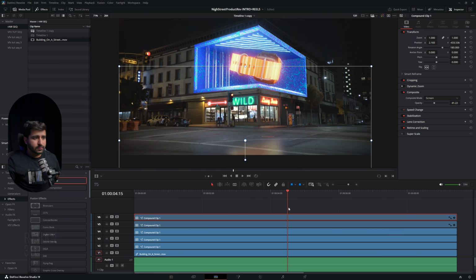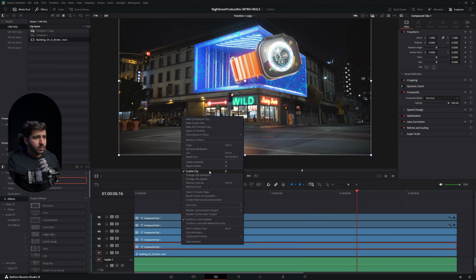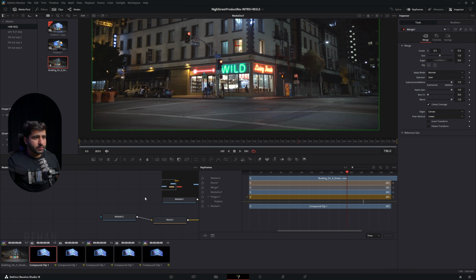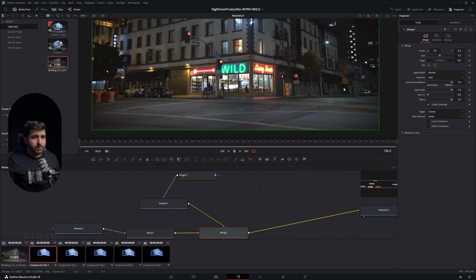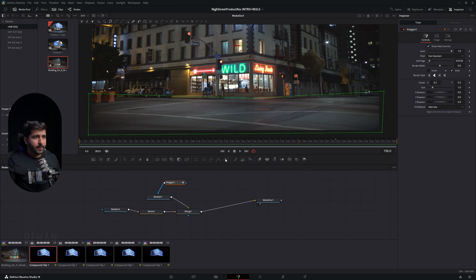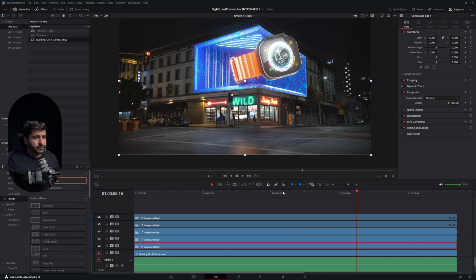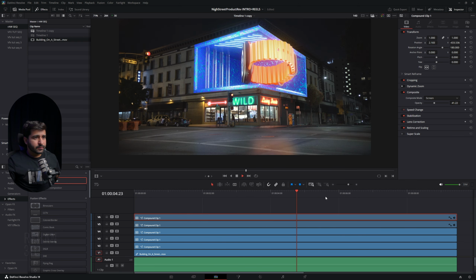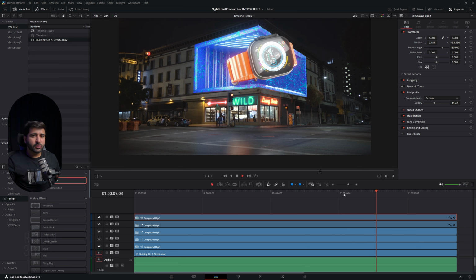This, open in Fusion page, turn off this, polygon, sorry, like this. And now I think this is looking good to go.